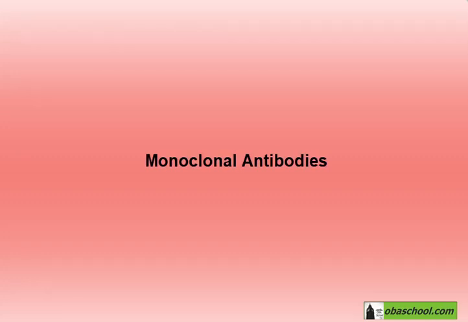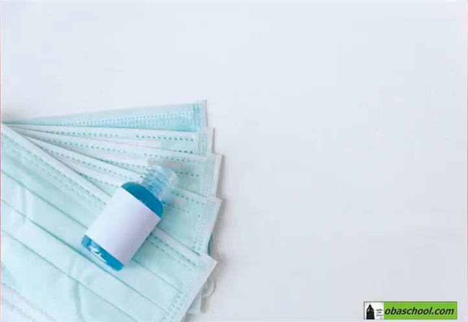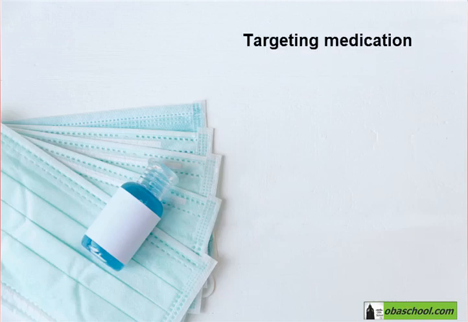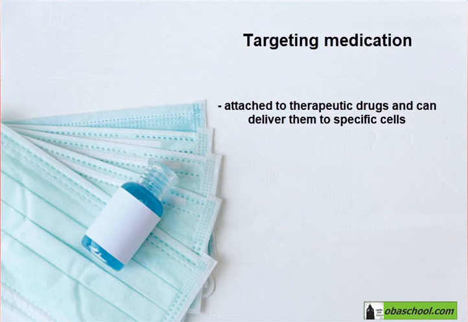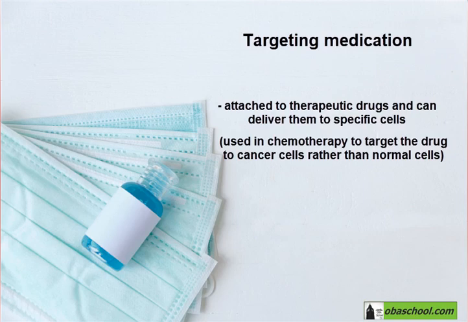Monoclonal antibodies have a lot of uses in science and medicine, and this is what we're going to talk about. The first usage is they're used to target medication to specific cell types by attaching an antibody to a therapeutic drug. Because of this specificity of antibodies to antigens, monoclonal antibodies are used to target substances and to target